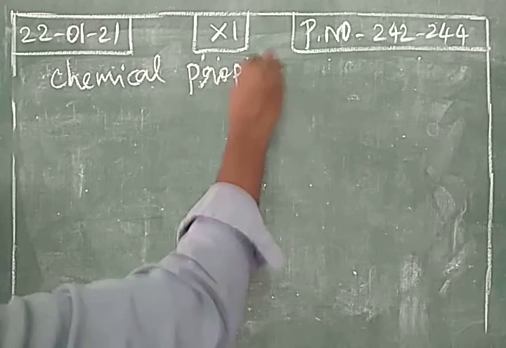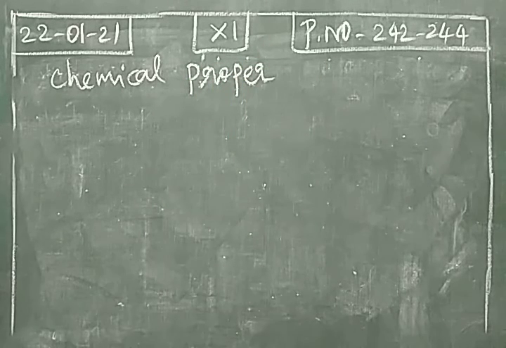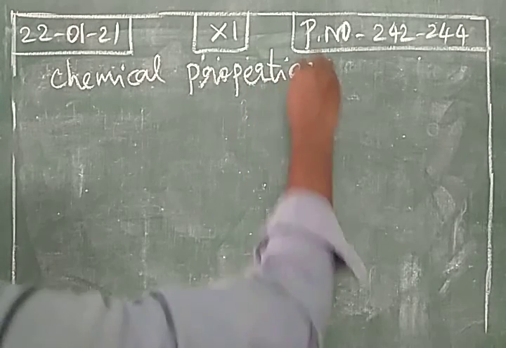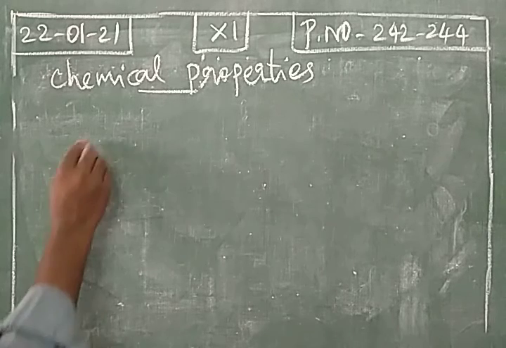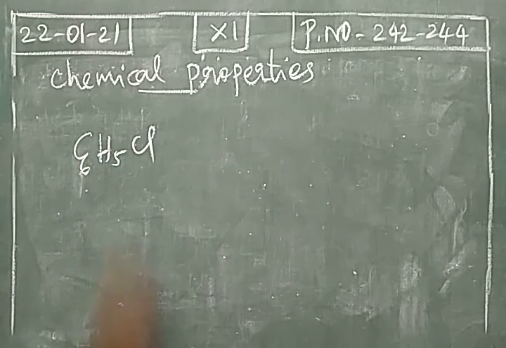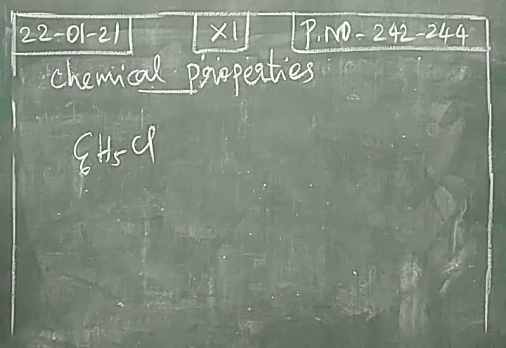As we already studied, when there is a benzene ring, electrophilic substitution reaction will be predominant, right? Usually aromatic compounds will involve in electrophilic substitution reaction. Nucleophilic substitution reaction will be rare. You can take haloarene. Electrophilic substitution reaction will be predominant, but nucleophilic substitution is uncommon. It will be rare. For nucleophilic substitution reaction, we need more temperature and pressure.